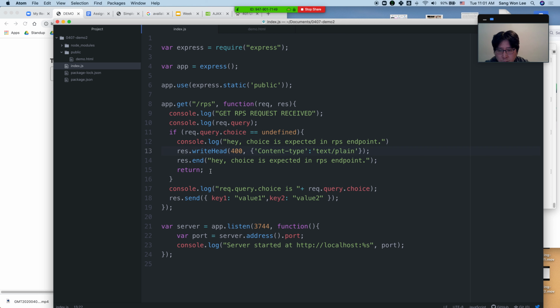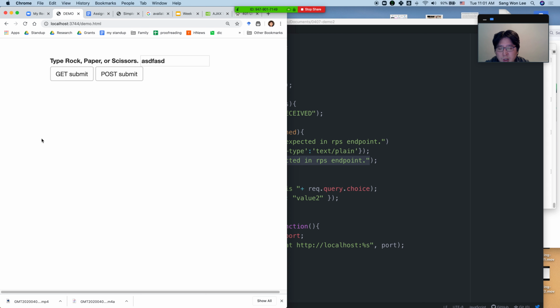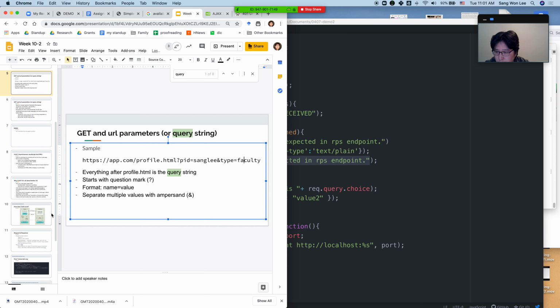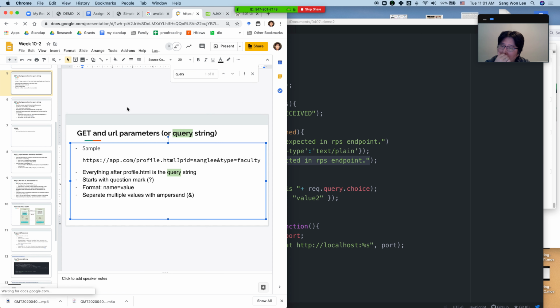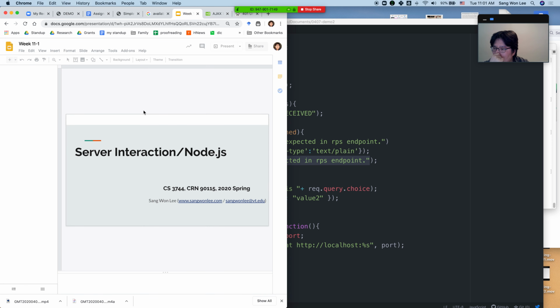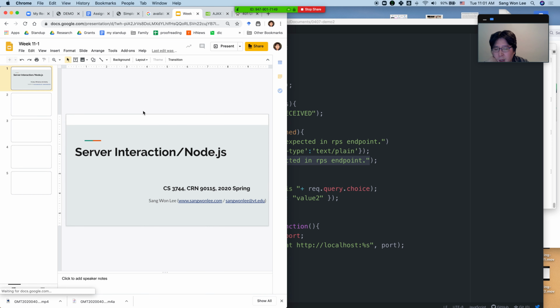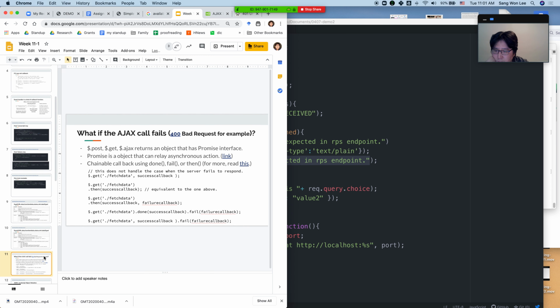So what do I do? The other thing is that it would be useful to actually see the response from the server to get more information about the bad request. To do that, you would have to have a failure callback function. I don't know if you remember in last week's Google presentation slide, I introduced how we can get a failure callback. So the get function of jQuery